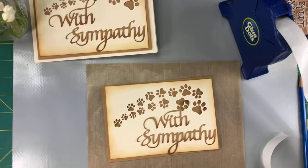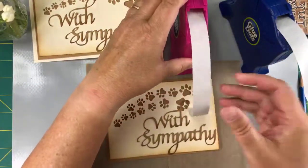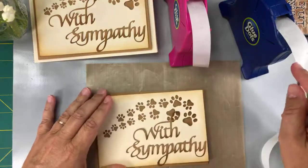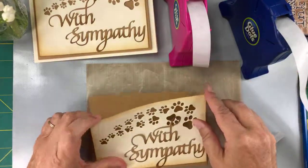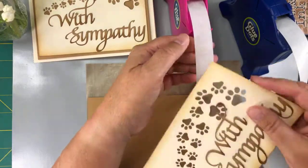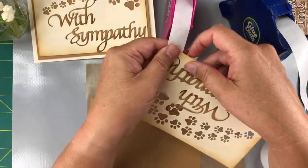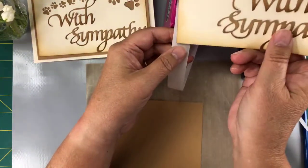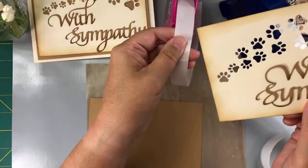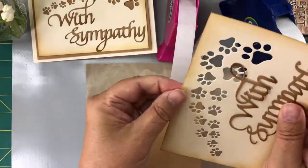I have in my stash here, in a different colored glue dots package, the first ones that I used to put the letters on are the micro, and these are the mini. And they look huge when you've been working with the micros. And they're fast. And you can put extra ones on. So halfway along the